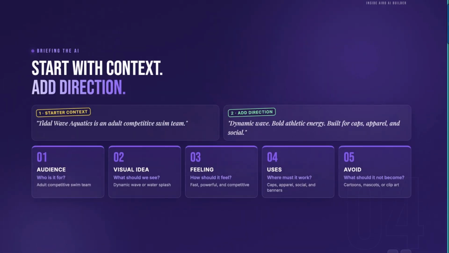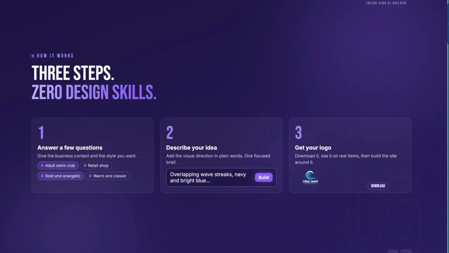Your first message can be simple: the business name, what it does, and who it serves. Then add direction where it matters: the visual idea, the feeling, where the logo must work, and what to avoid. I already know the direction for Tidal Wave Aquatics, so I'm combining those layers into one focused brief. Three steps: answer a few questions, describe your idea, get your logo, and then if you want, build the site